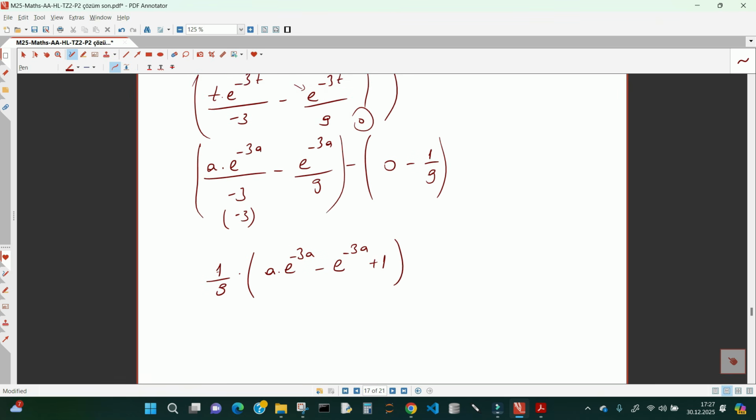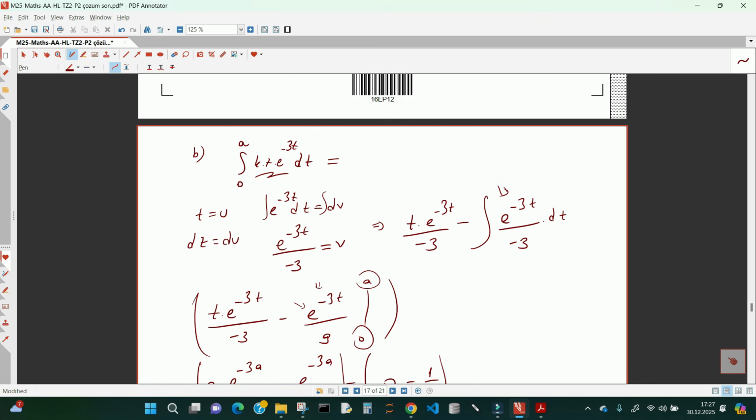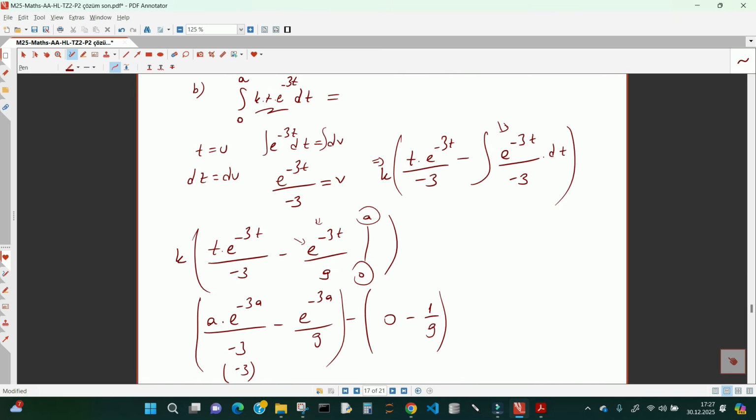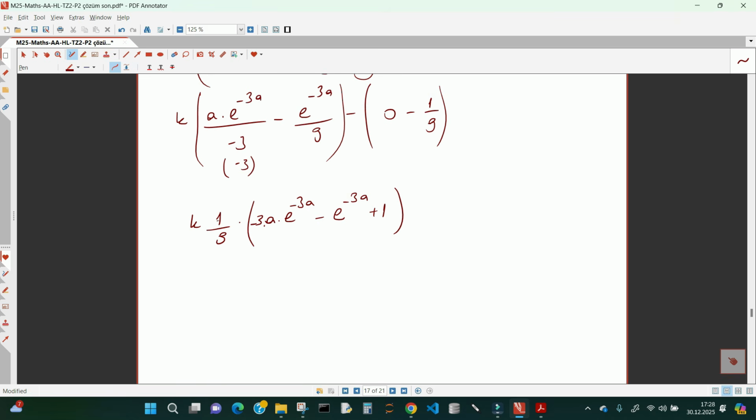But we forgot minus 3 here. Also there was a k here, so we're going to multiply all of this expression by k. So let's simplify it again and write k over 9 times, in parentheses, e to the power of minus 3a times